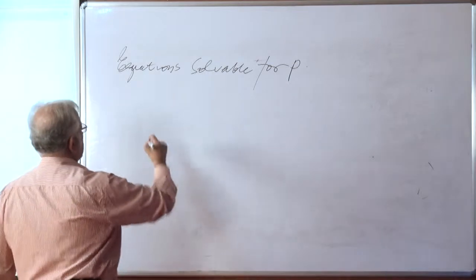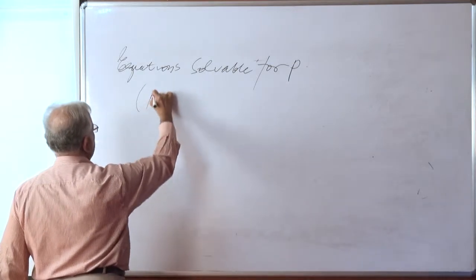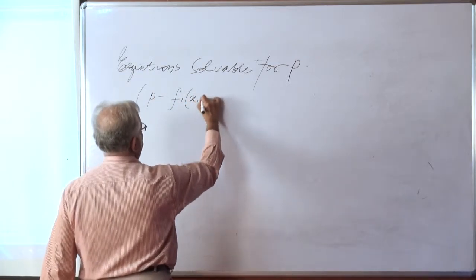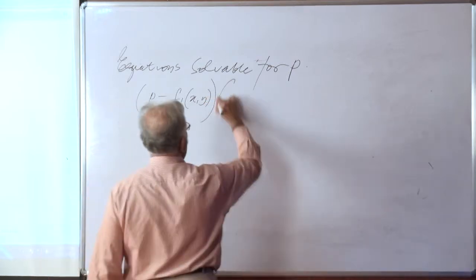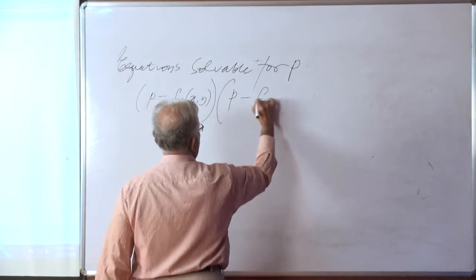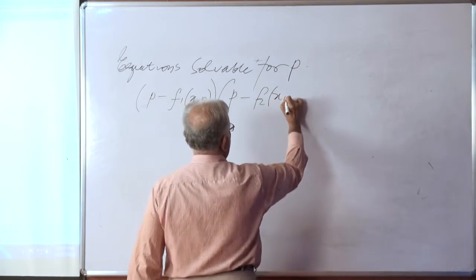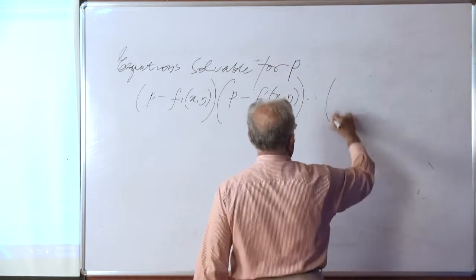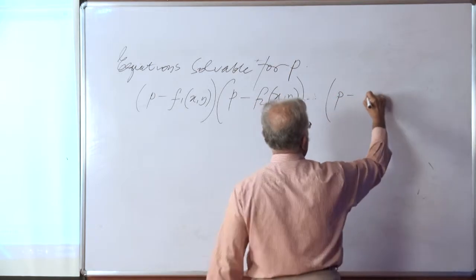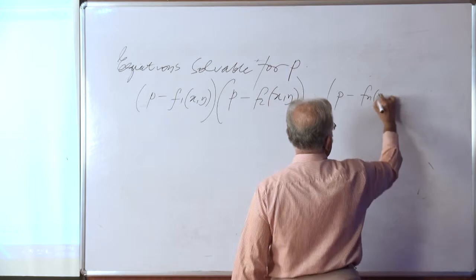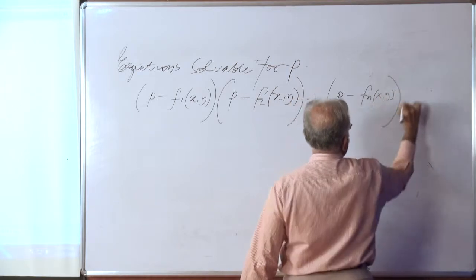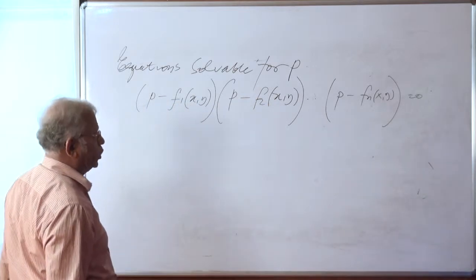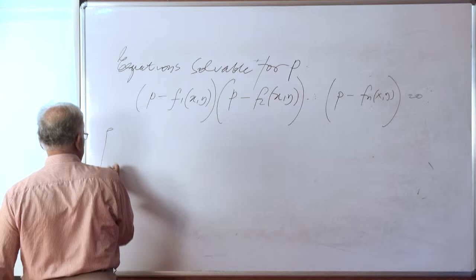That means the equation can be factored as (p minus F1 xy) into (p minus F2 xy) into ... into (p minus Fn xy) is equal to 0. In other words, the original equation we assume is of the form